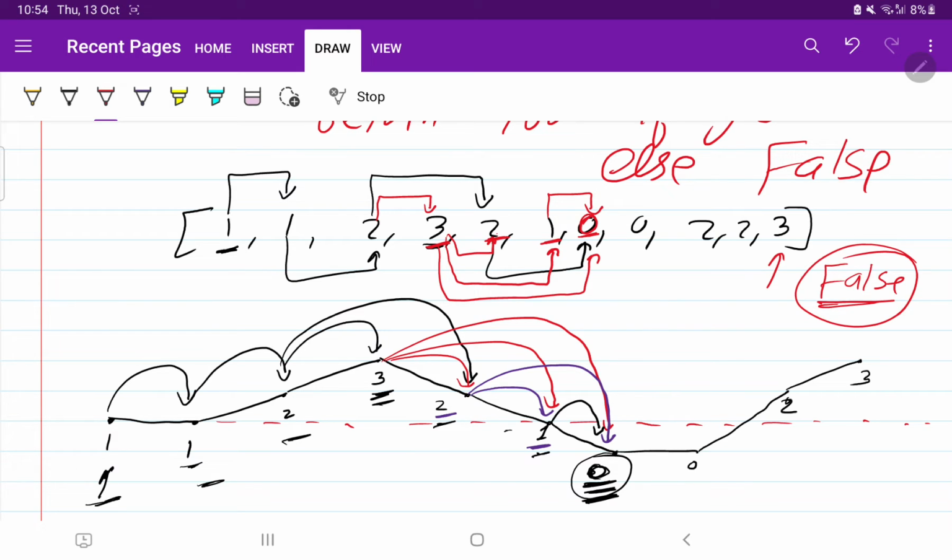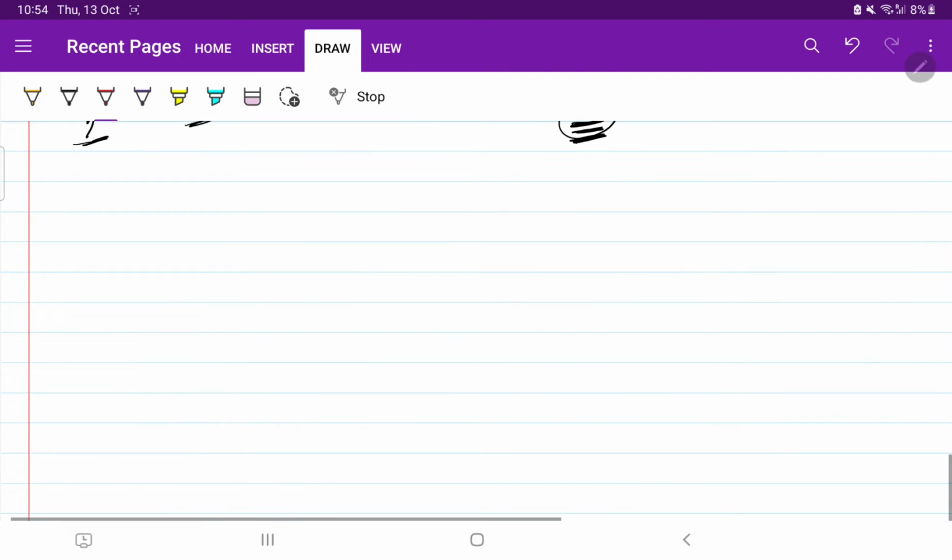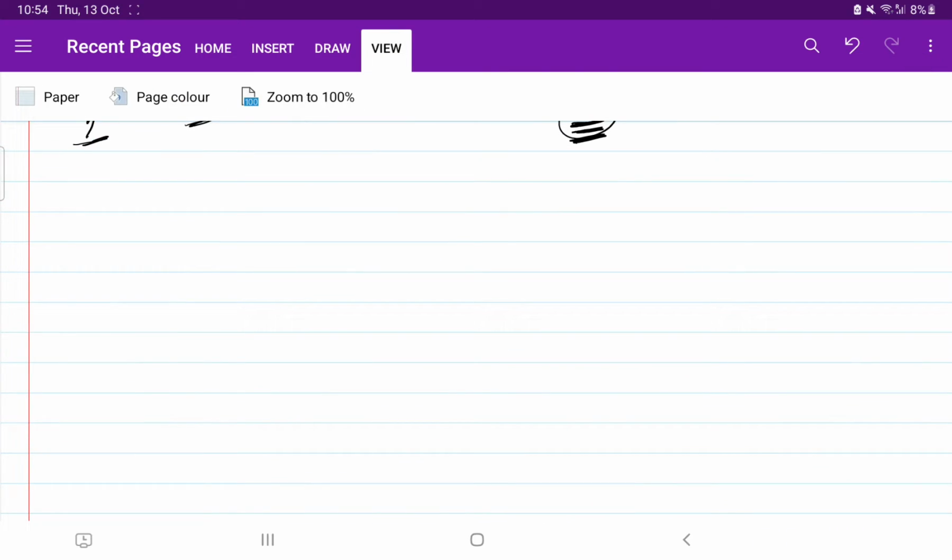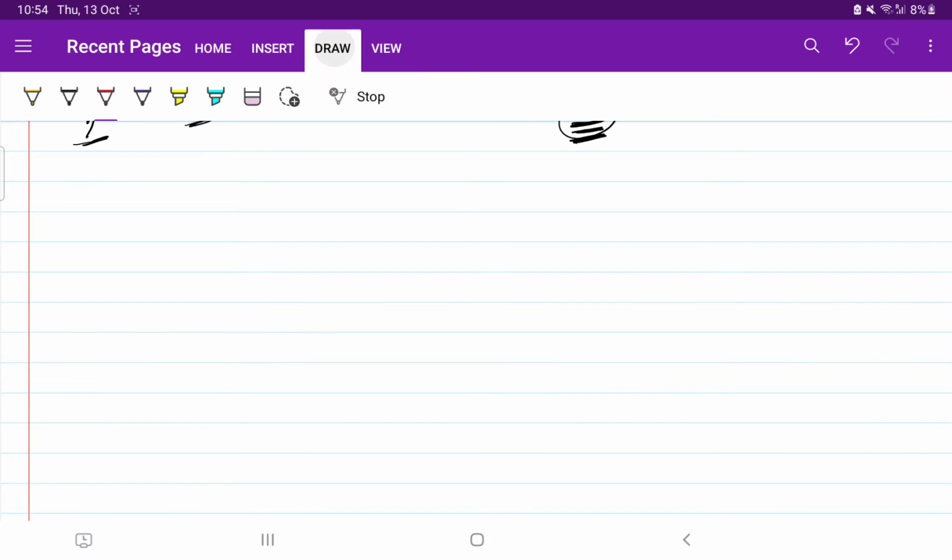Okay, so I think you got some idea how to solve this, what is the scenario that is going on. Let us take one more example that will help you to think things more clearly. Let us take an array again, a different array: 1 1 2 5 2 1 0 0 1 3.